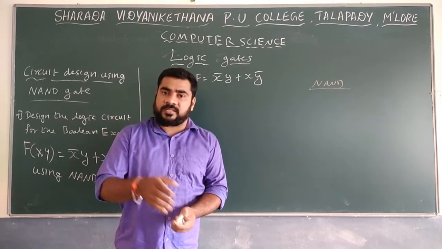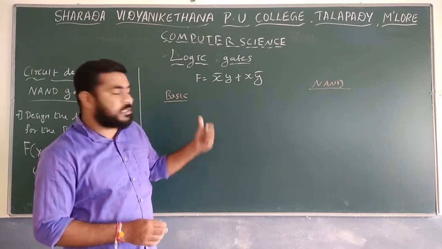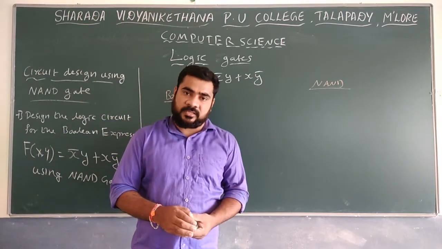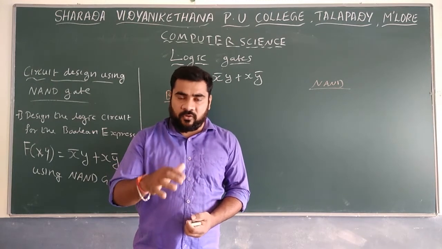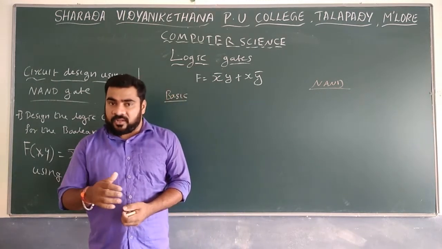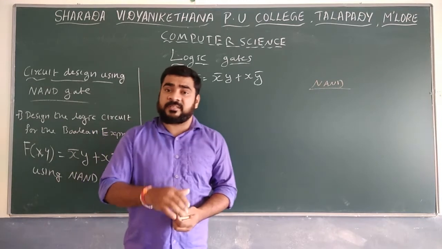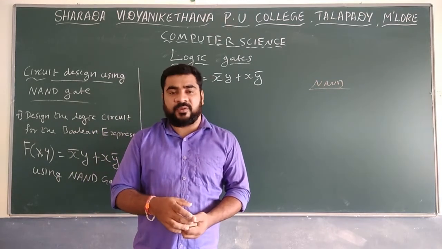In sessions 5 and 6, we explained the same thing: how to construct the circuit diagram using the basic gates. Remember, we have to apply the priority rule. Which operation will be given priority first? You know that one. Whenever brackets are given, what is inside the bracket will be performed first.